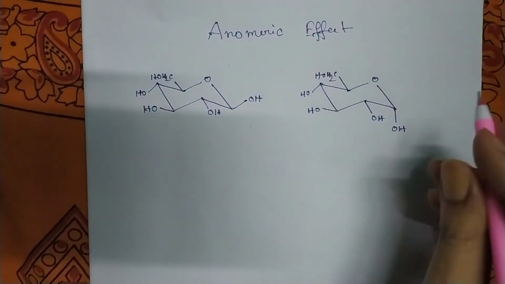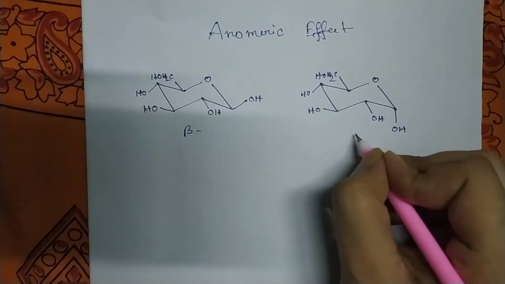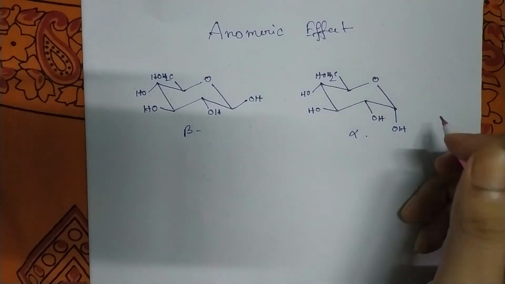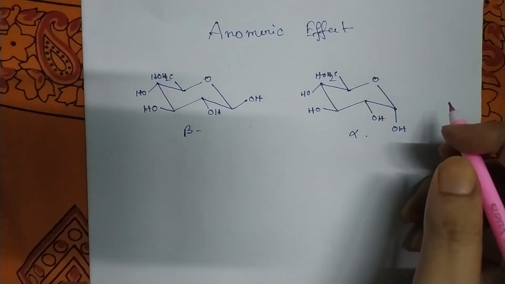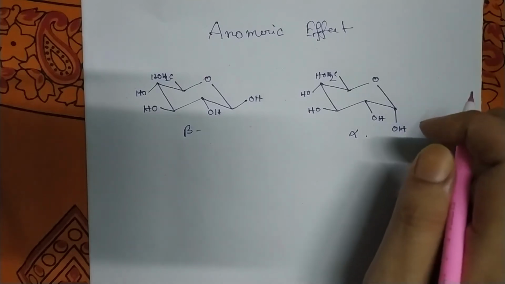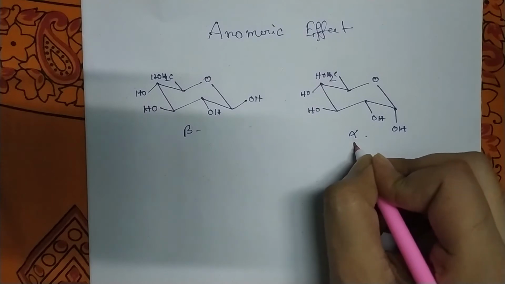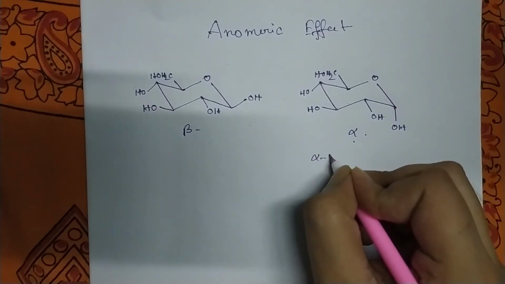So let's remind you that this is beta anomer and this is alpha anomer. These are the most stable conformations of both the anomers. Now we can call this alpha-D-glucopyranose, the full name, alpha-D